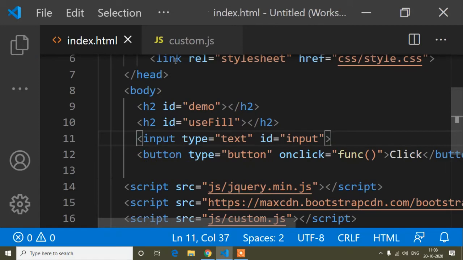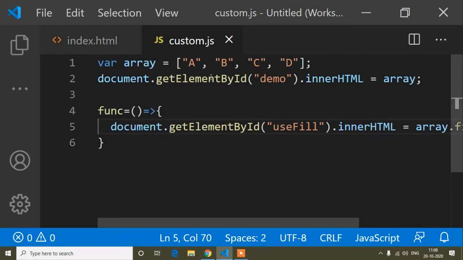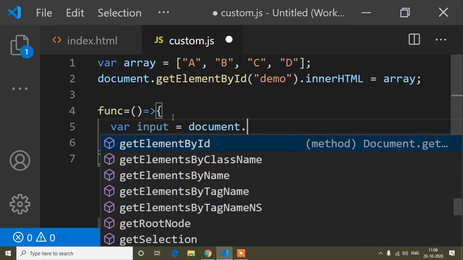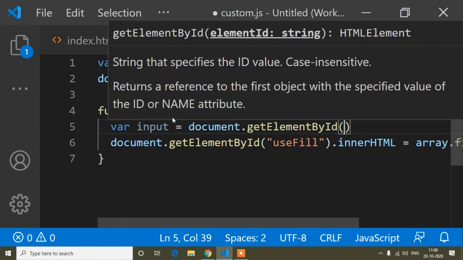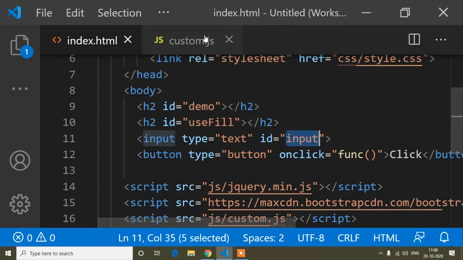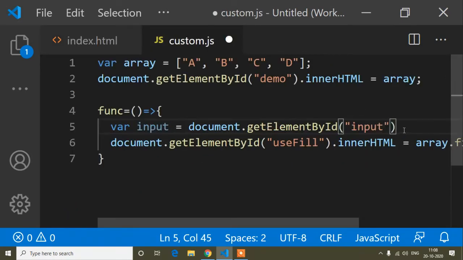And now I will take a variable that is input and document.getElementById, and the ID is this input, so I will copy this one and paste it here.